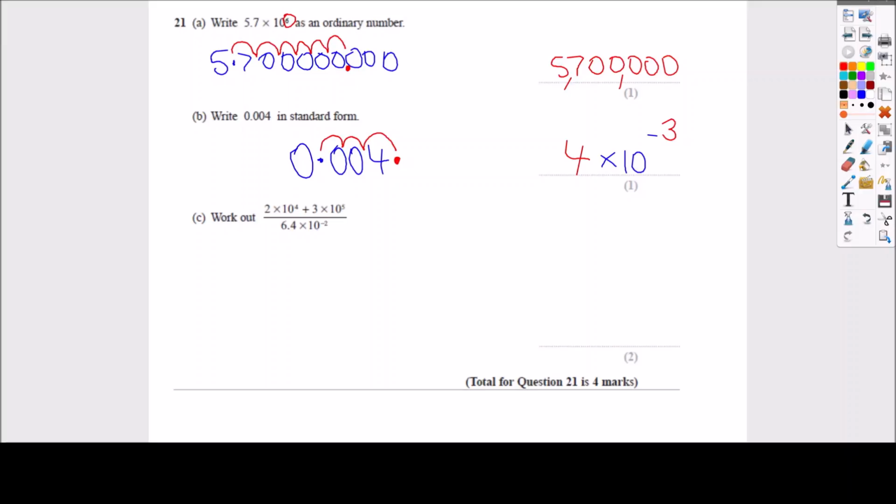Now for part C, just simply put this into your calculator. And I would suggest you use that fractions button, the third down on the left, the one where you've got the white rectangle over the black rectangle. So open that up, and put 2 times 10 to the 4 in the top bit. Use the times 10 to the X key, which is normally bottom row in the middle, times 10 to the 4. Added together by 3 times 10 to the 5. Move down to the bottom using the 4 arrows at the top, and that's 6.4 times 10 to the minus